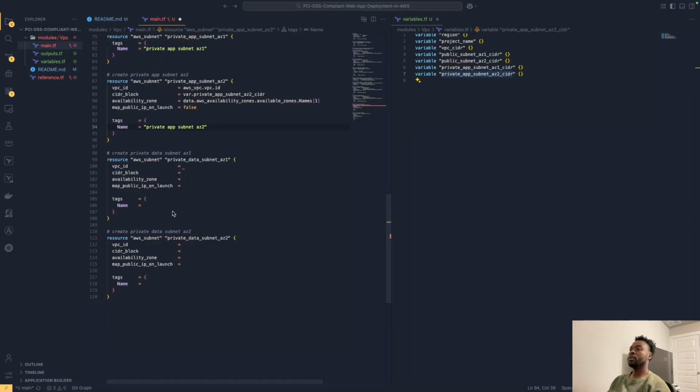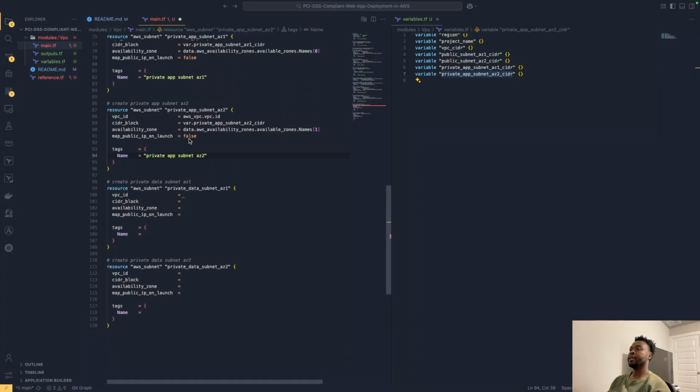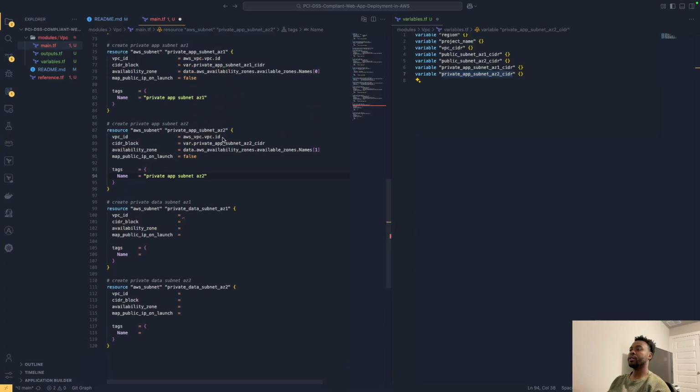So moving on, we're going to create a private data subnet in the first availability zone. Here's the resource type and the reference name I've given it. The first argument it requires again is the VPC ID, which we have referenced here. So I'll copy the VPC ID and paste it. And then it's requiring a CIDR block, for which I'm going to create a variable. So I'm just going to go ahead and copy this variable,